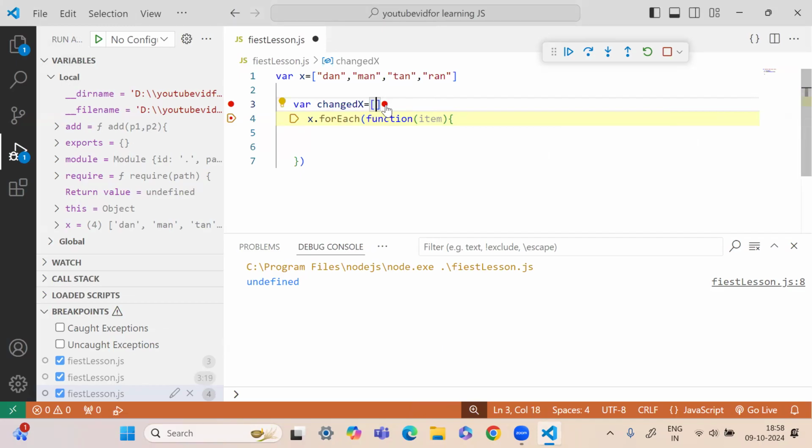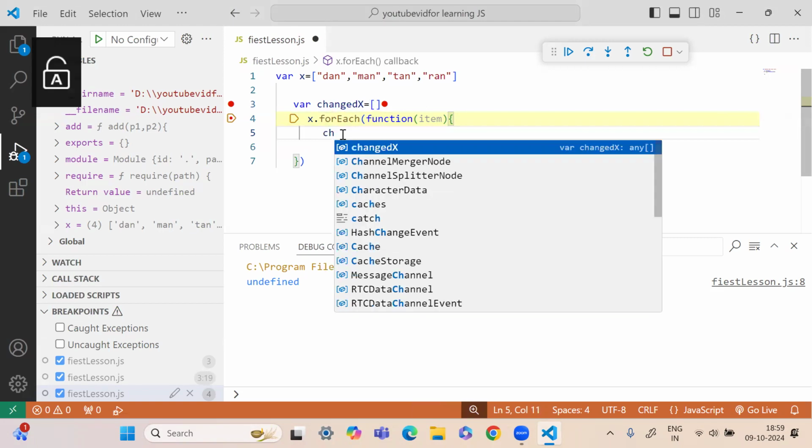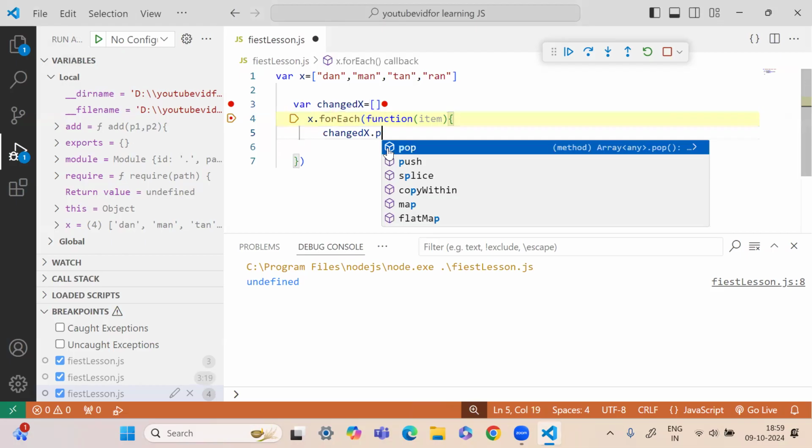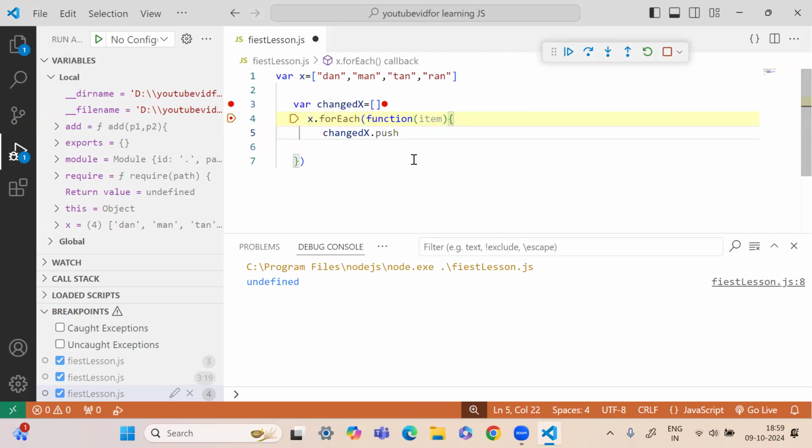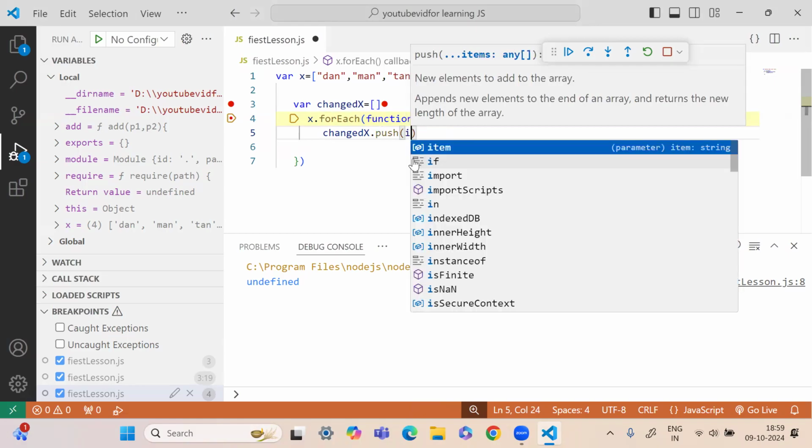Okay, so I need to push the changes inside this empty array, because Dan will become Dan's and will go inside it, man will become man's and will go inside it. This is what I want to do. So I'll say changedX, and you see it gives me help, because now it can see that dot push. It says push what? We need to push item